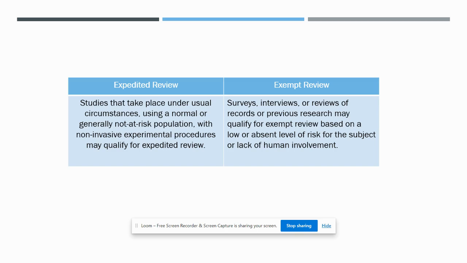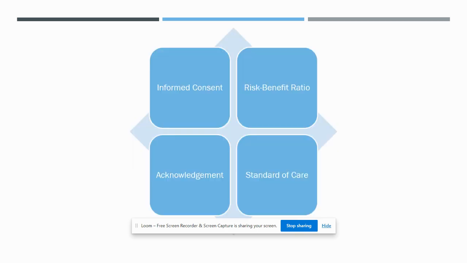Obviously, expedited review, in the event that you're using a very low risk experimental design without significant risk to a population, generally undergoes review by a committee. However, with exempt review, surveys, interviews, generally speaking, these are not study designs that directly impact the potential safety or pose direct risk to participants, and so many of these studies are given exempt review due to the lack of direct human involvement or direct human experimentation.